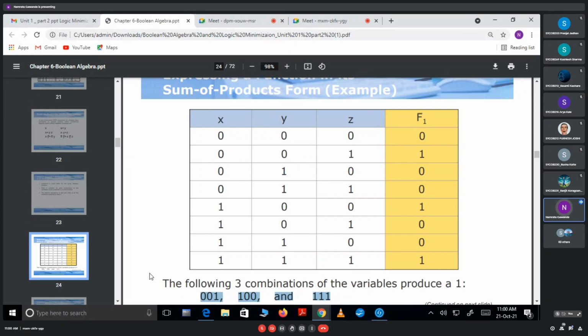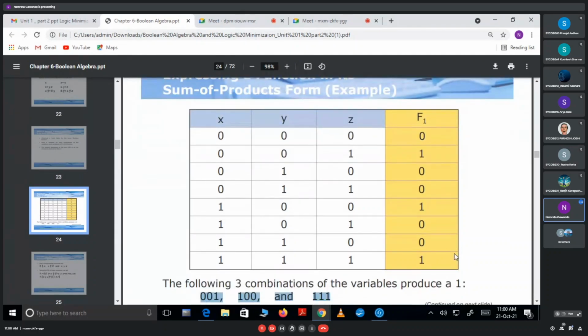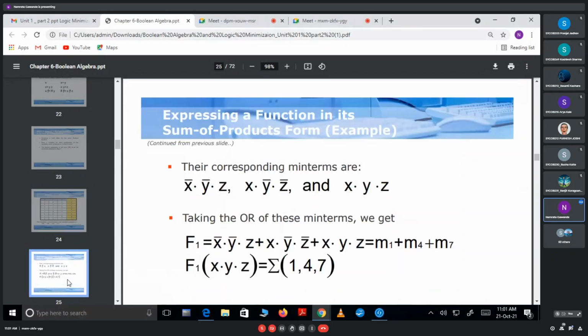Okay, now what we have to do once this is done? Now you came to know which particular combinations have provided the output as a 1. Yes, any doubt? For this particular part, this is just a truth table representation. Some outputs are provided randomly. And we have checked which combinations have provided 1. That's it.